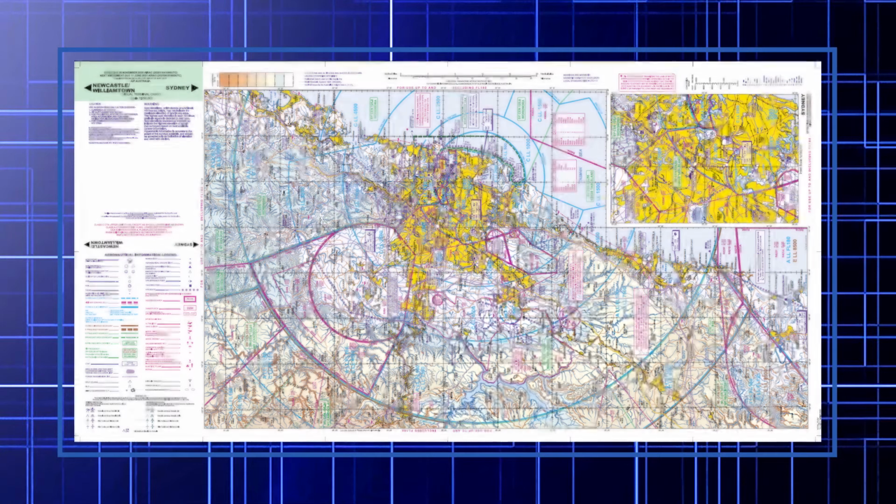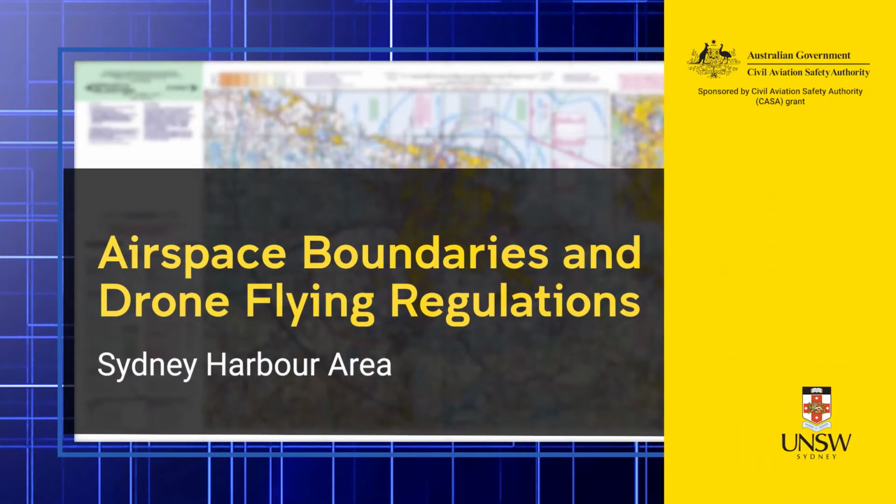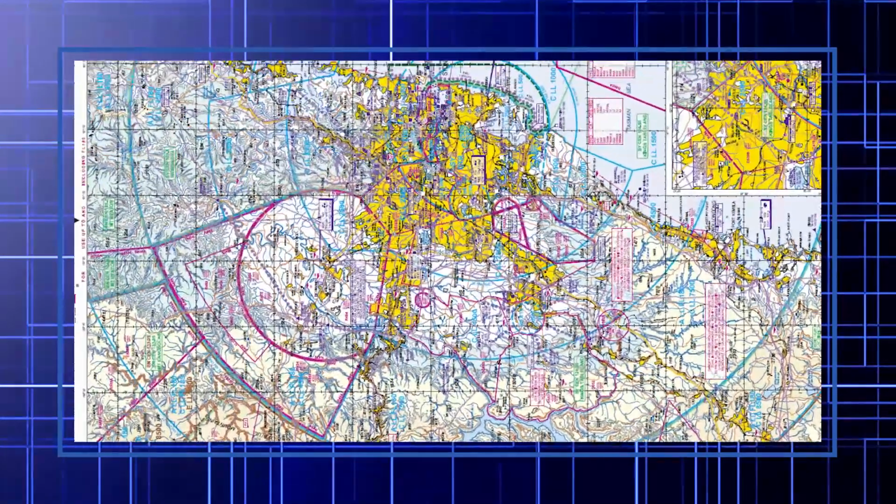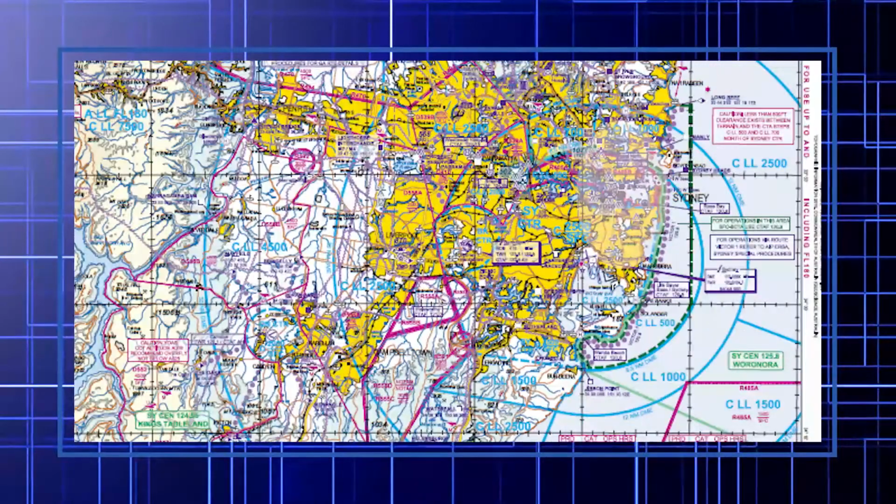Hi everyone, I'm going to talk about airspace boundaries and drone flying regulations using Sydney Harbour area as an example. Let's consider the areas northeast of Sydney Airport and south of Sydney Harbour. What you can see is a section of the Visual Terminal Chart, or VTC, an aeronautical chart used by pilots